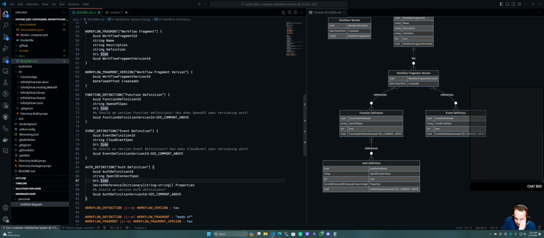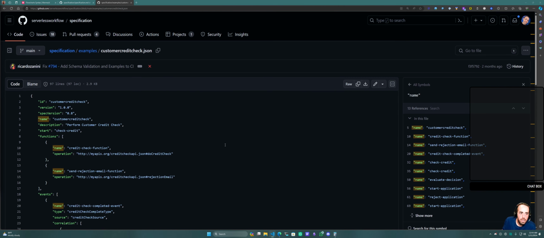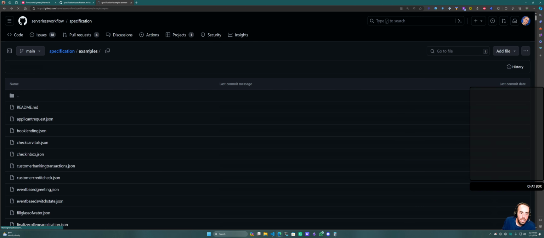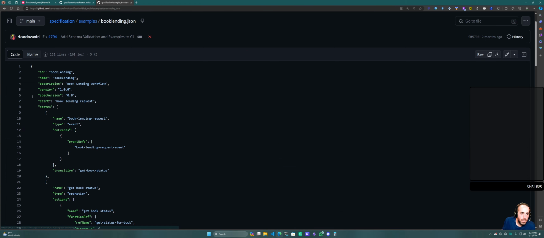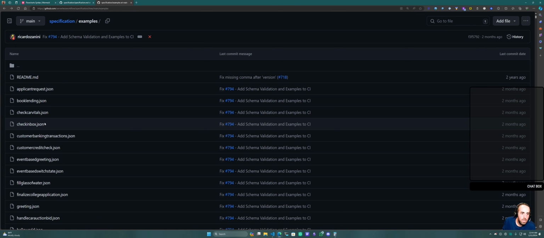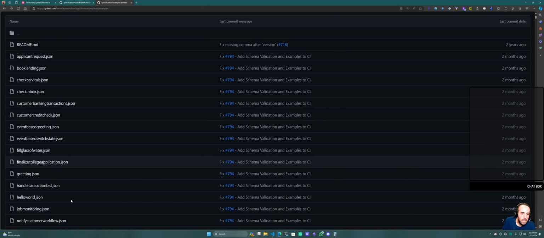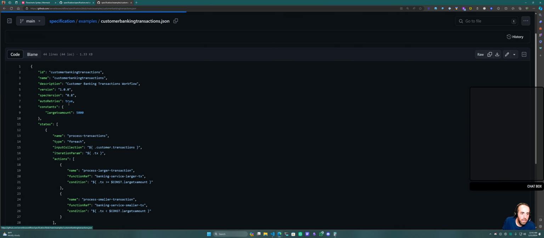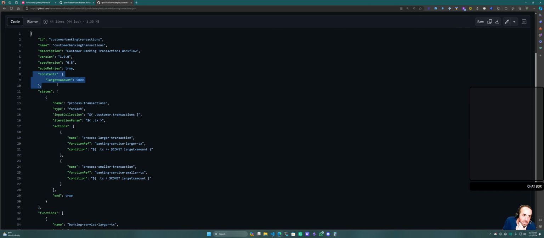I guess, how do we say this? So in a workflow, there's a great example in the, where was it? Was it in book lending? No. I think it was in the transaction one. Yeah, it was here. So there's this concept of constants, right? But you don't want to store constants within code, right? These are here. So I think really what needs to happen is in the input object, I got to see